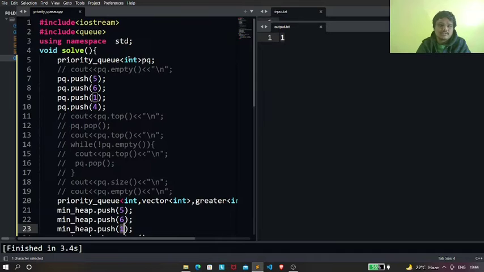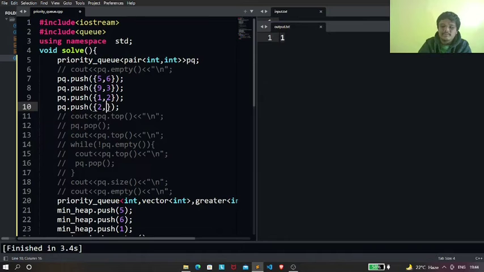So now let's see how we can make pair as input. In order to take pair as input, we just need to change this to pair. Now in a pair we'll be having two fields, right? One is the first, and another one is the second. This first represents your priority, while the second represents the element, right? So let me just write the priority first, then the element, then we have the priority and the element, the priority and the element, finally we have the priority and the element, right?